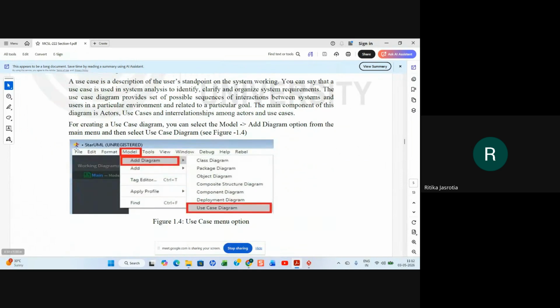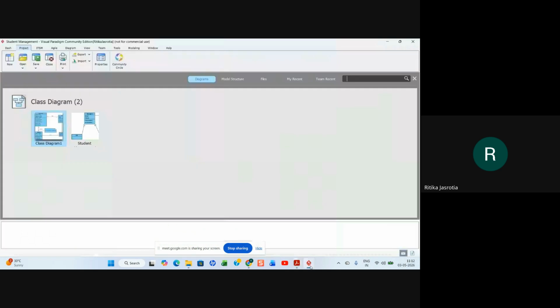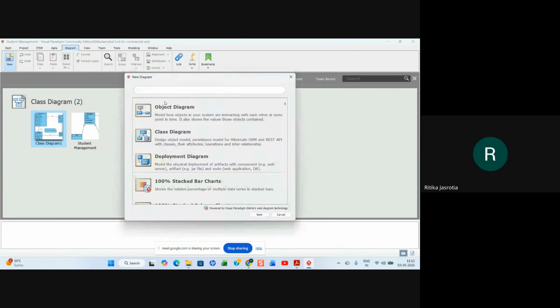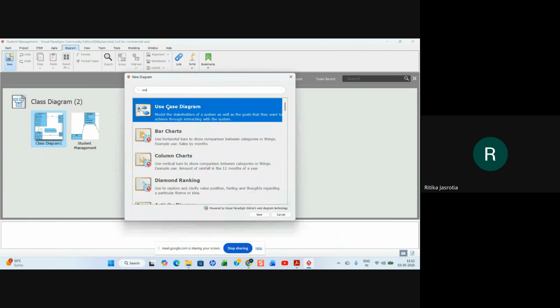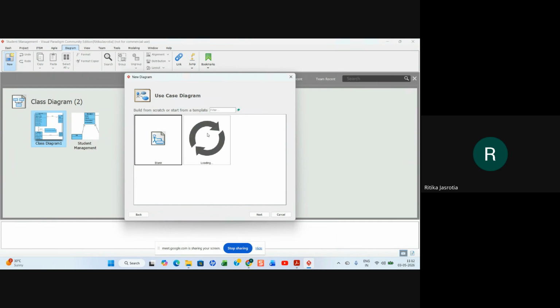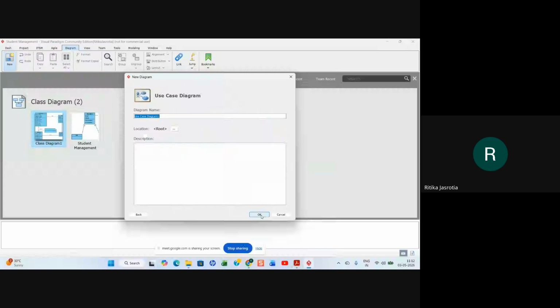In StarUML, you have to go to model and add diagram and use case. In Visual Paradigm, we'll say diagram and we'll go to new and we'll say use case diagram, right? And we'll say okay. If you want a previous one that is there, we are taking the blank one and we'll say okay.